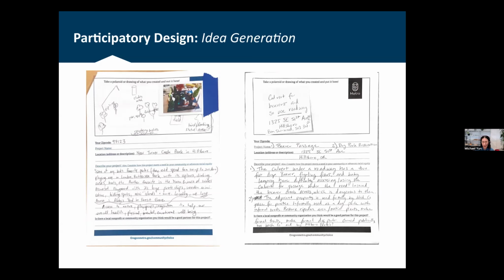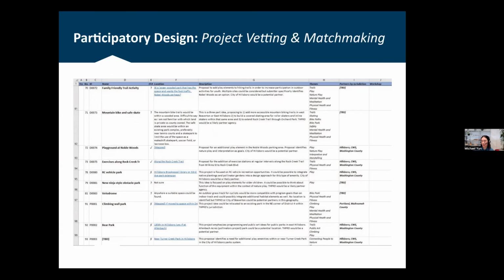There's a wide range. We then had to figure out a way to keep track of these ideas. I know this isn't the most exciting graphic, but this is actually a really important part of the process, in that, of course, we're dealing with a magnitude of information that we have to keep organized. So the next thing that we did after we got all of those ideas was set up a database that tracked the name of the idea, whether or not it was in an equity focal area, where it was located, if it did have a location, because we had a lot of ideas that didn't have a location in the beginning, and how the individual described it. Then we extracted themes from those ideas, and then we tried to start the process of matchmaking.